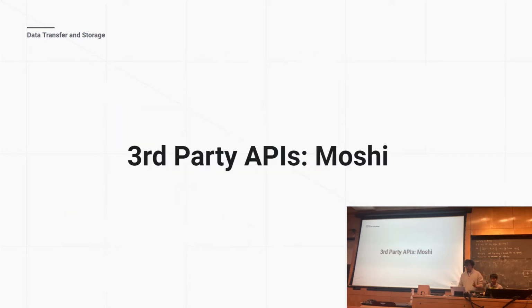So let's talk about Moshi. What is Moshi? Well, as previously mentioned, it is a headache to actually parse a JSON file. There are a lot of curly brackets, there are a lot of colons, right? There's a lot of square brackets, and this is where Moshi comes in, because it easily converts a JSON file into a Kotlin object that we can easily access this data from.